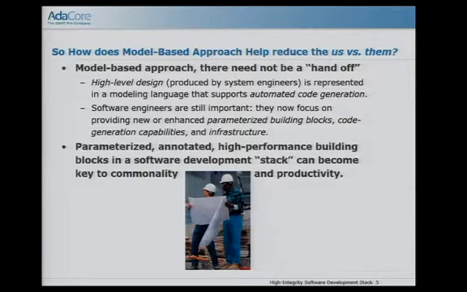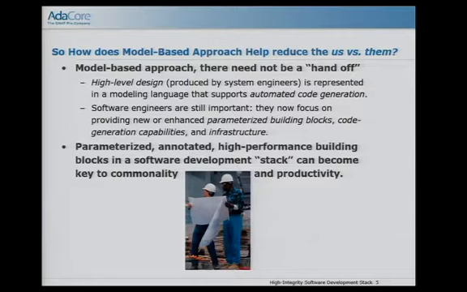And that's obviously going to be, again, derived from the requirements that exist in your particular domain. But this split between the overall high-level view being provided by the system engineers, system architects, and these parameterized building blocks being created and honed and certified by software engineers, I think is actually a very useful split. And I see that's the direction the world is headed. That's really what software engineers should be creating: these parameterized building blocks.